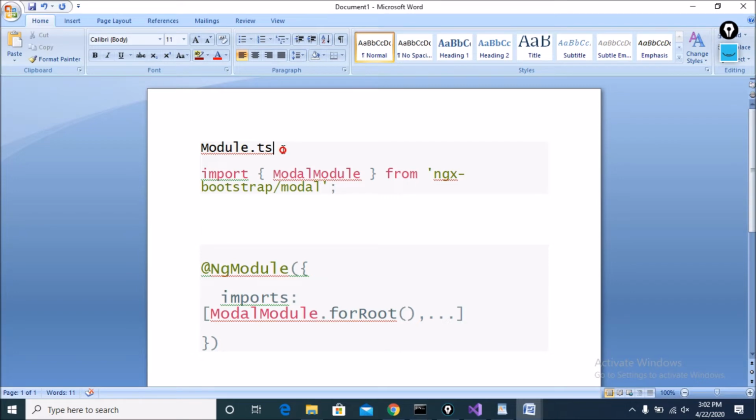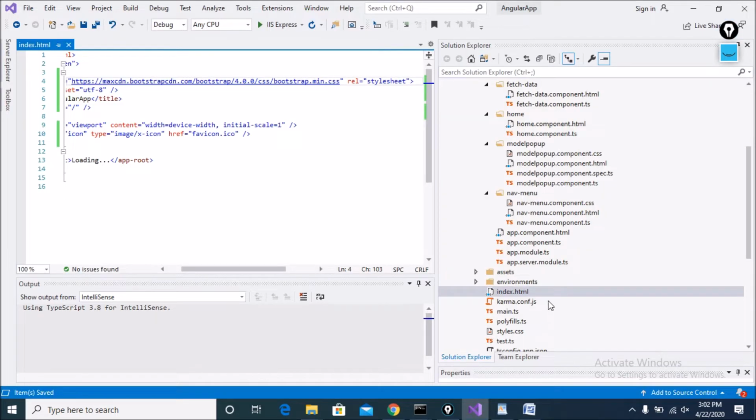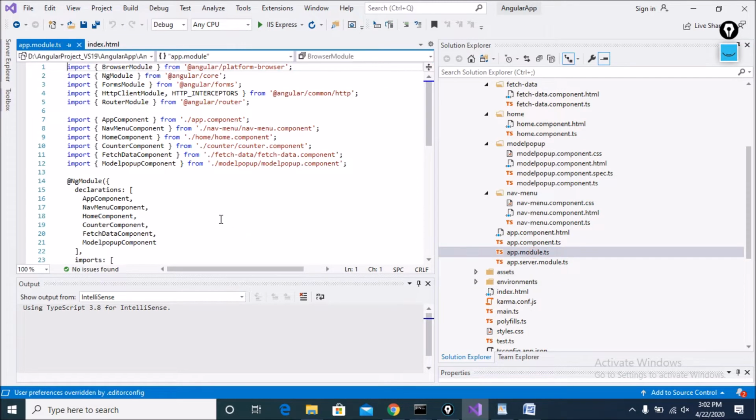In module.ts, import your modal module like that, and also inject the modal module in your NgModule. Copy this line and open your module, this is my app.module.ts.